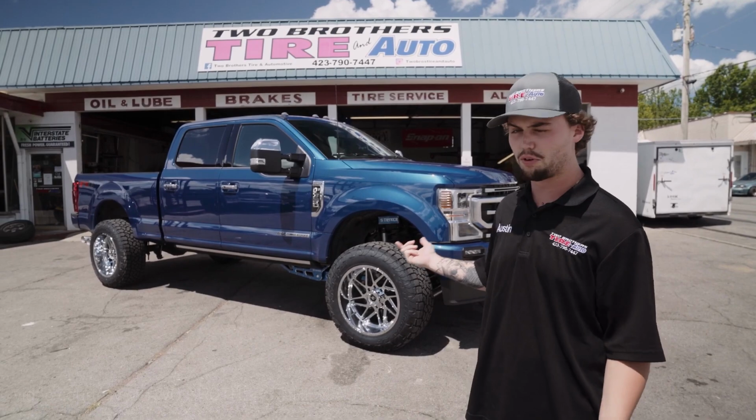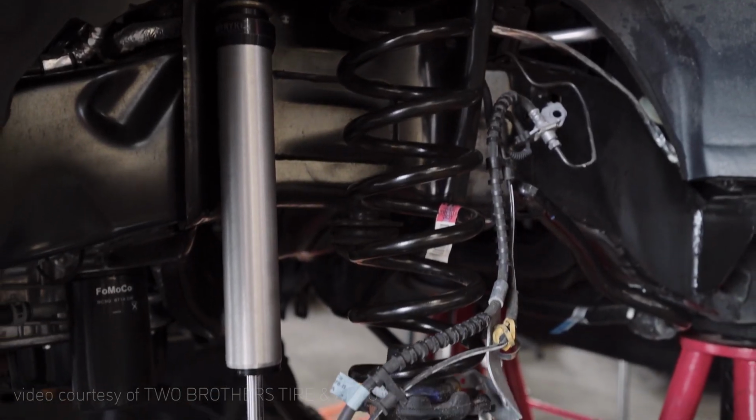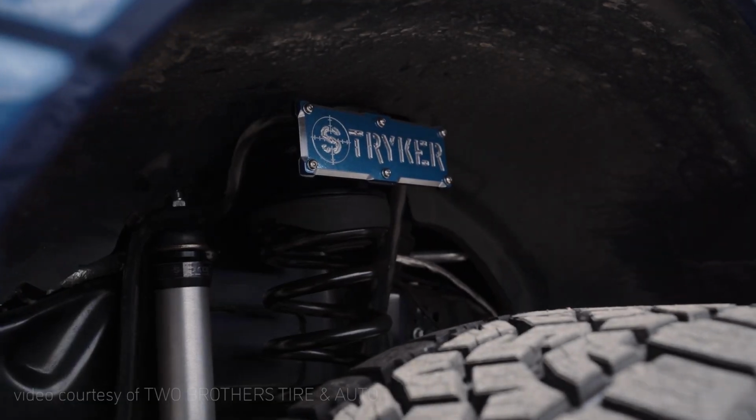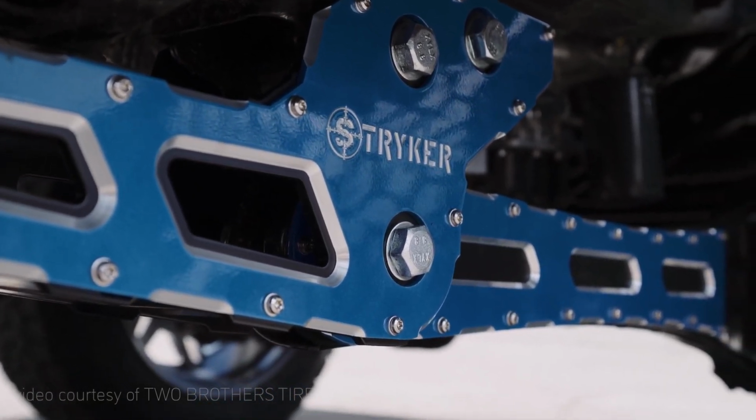This bad boy got a 4.5-inch Stryker rad kit. All the nice Stryker add-ons, face plates and everything to retain the factory radius arms. Those are just a bolt-on style kit. Powder coated blue. It's a little different than the truck, just kind of give it a little bit of a